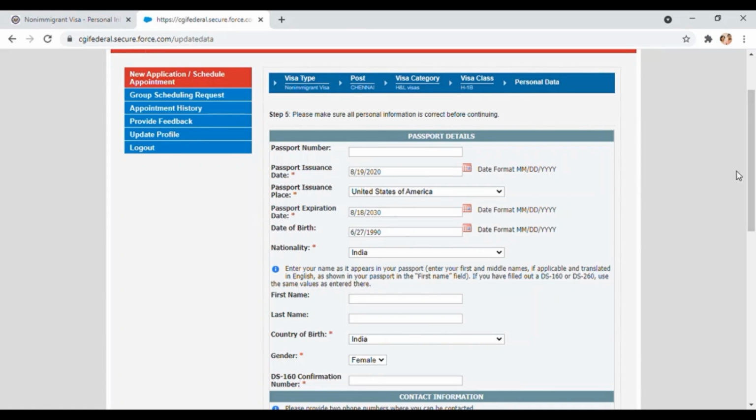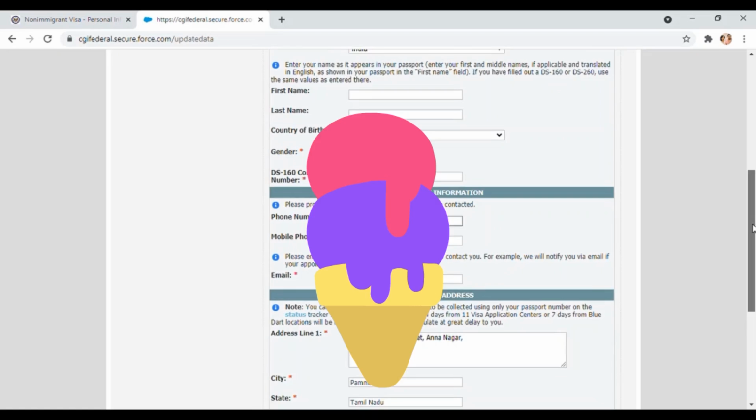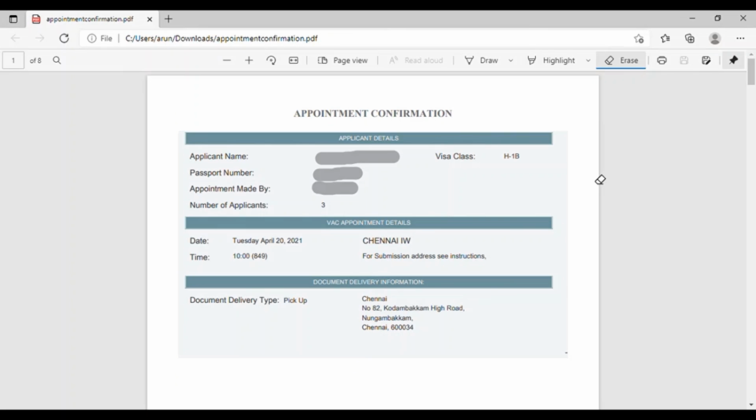Here it will auto-populate all the values, but I have removed the details for the sake of security concerns. It will auto-populate whatever values you had given earlier. Once I made the payment, it auto-generated a receipt number which you can fill in corresponding to each Dropbox applicant. I was eligible for Dropbox, but if it is for an in-person appointment, once you make a payment, based on your eligibility, if you're eligible for Dropbox or for an in-person interview, it will let you know based on your replies to the set of questionnaires it is asking.